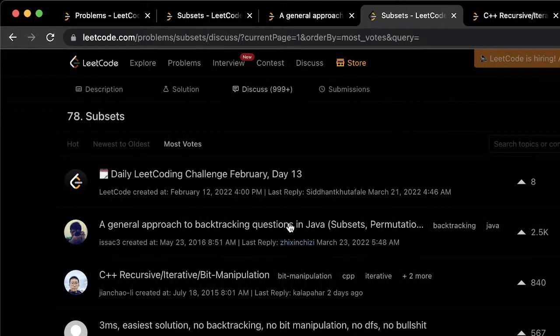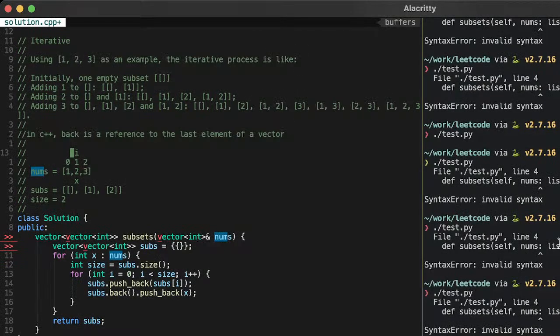And I tried this one first. It's recursive. I couldn't figure it out. So I'm looking for an iterative solution. So I'm going through this solution right here. I like to go through top to bottom based on votes and views. It gives you some indication of the quality. So just working through that right now.